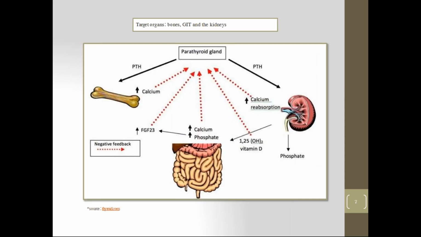So this is the parathyroid gland. It secretes the parathyroid hormone. It acts to absorb calcium from bone and increase calcium levels in the blood. The parathyroid hormone also leads to increased absorption of calcium and phosphate from the GIT. It acts on the kidney to absorb calcium and excrete phosphate. Overall, the parathyroid hormone increases calcium levels in the blood, so they maintain the calcium blood level.